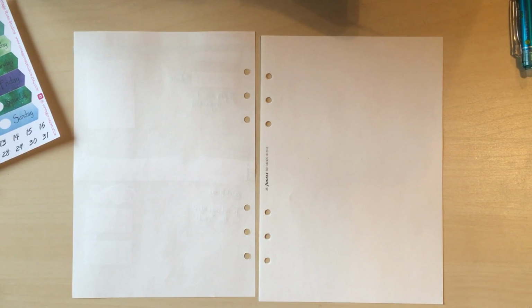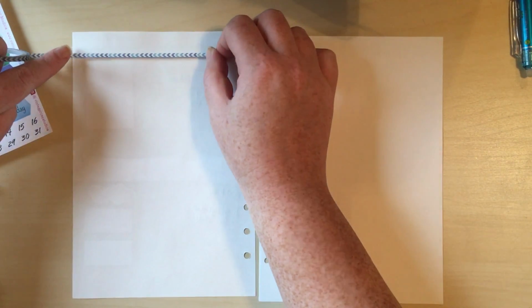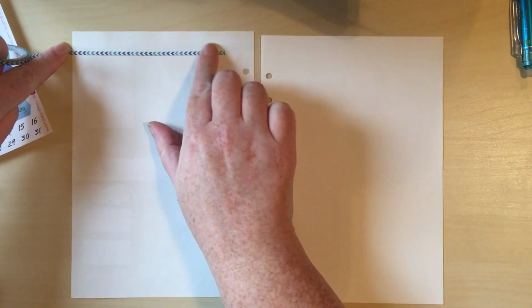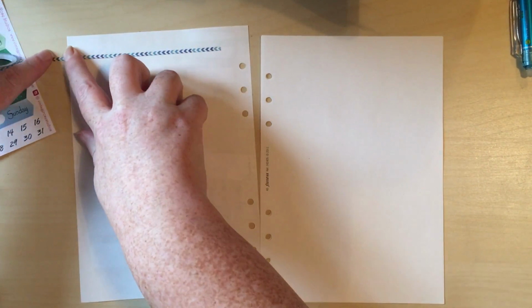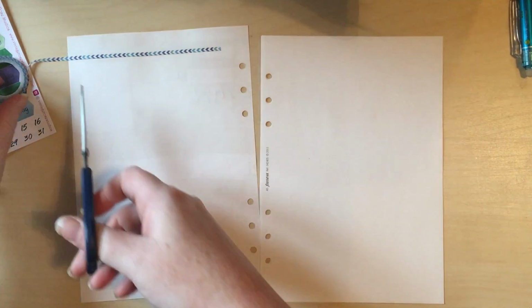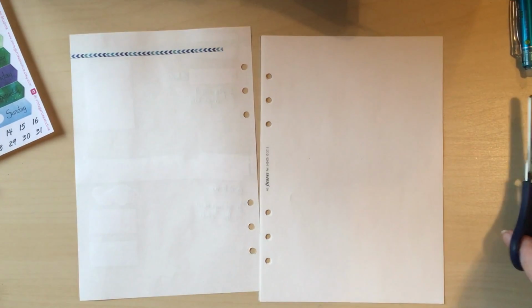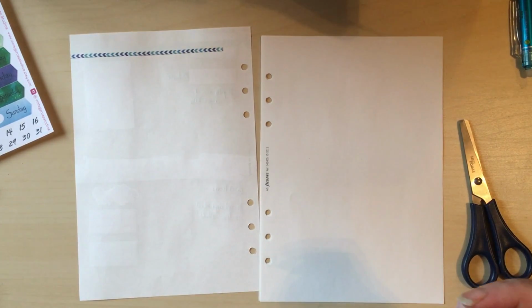up the week commencing. So this part's going to be tricky for you all, because it means I have to now attempt to find the ends of all my washies for the week. So this one, it's just a super skinny, just to give me a title area. And I wonder what I did with my scissors. They were creating this really weird shadow, so I moved them, but where did I put them now? Right, okay, we shall use these ones, which are handily placed right beside me, but are not the ones I was initially looking for. So that gives me my place to write my week commencing,